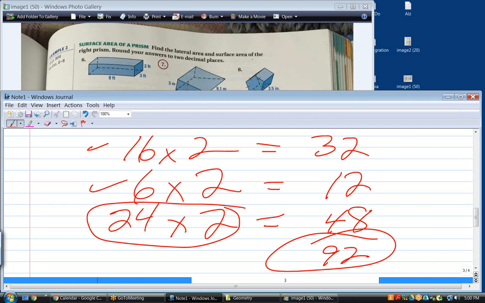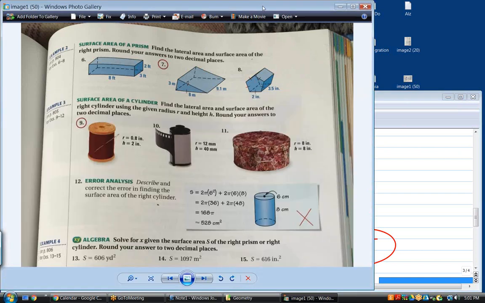They don't usually ask for lateral area of a brick because you'll notice that a rectangular solid actually is a prism by 3 different ways. It's a prism because that base has an equal and opposite face. This face has an equal and opposite face, and the top has an equal and opposite face. So a prism only needs 1 set. In other words, if we look at number 7,